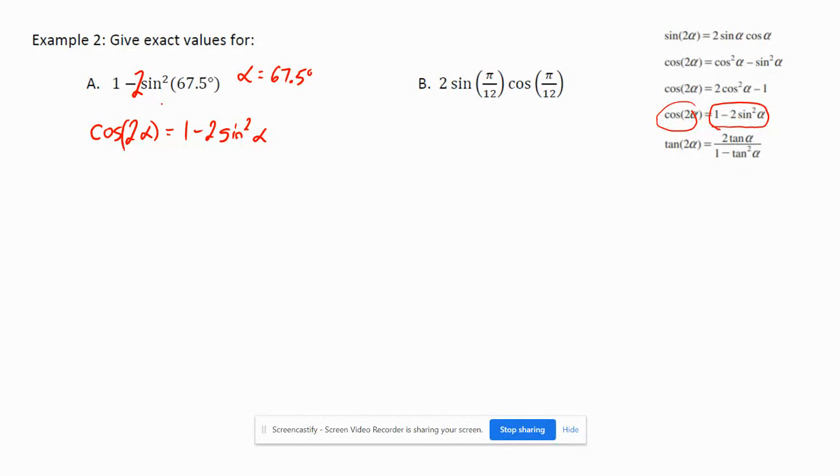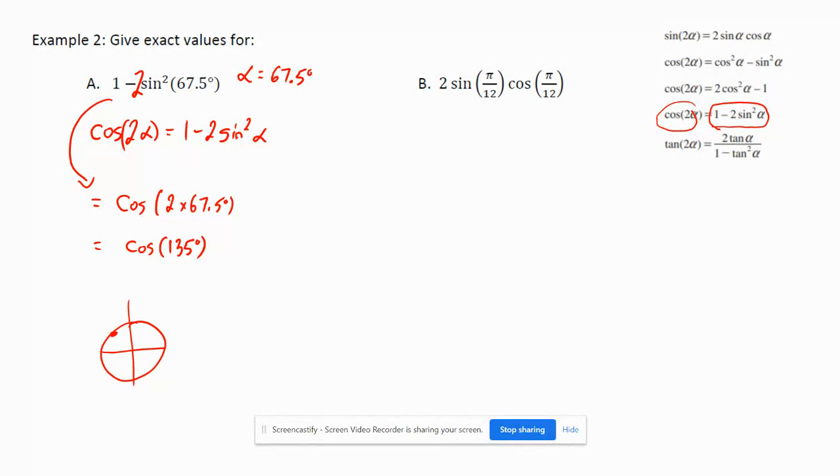So this is equal to cosine of 2 times 67.5 degrees, which is cosine of 135 degrees. Now we have an exact value for 135 degrees. At 135 degrees, that is this point on our unit circle over here, and this x value is negative √2 over 2. So that's how this works. Let's take a look at